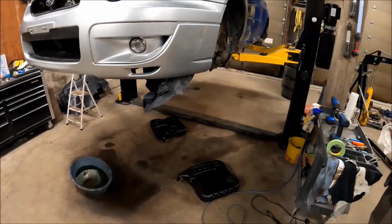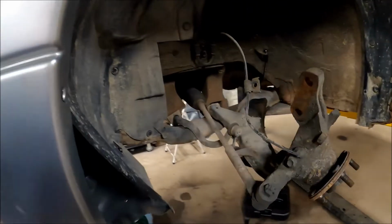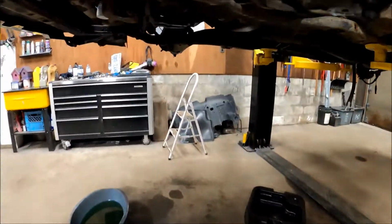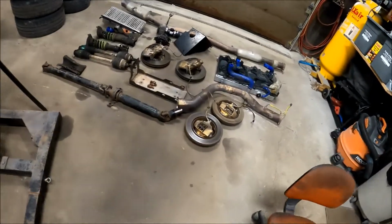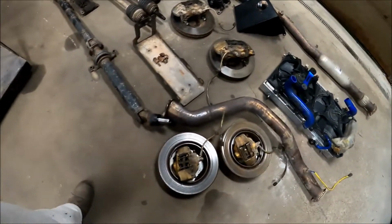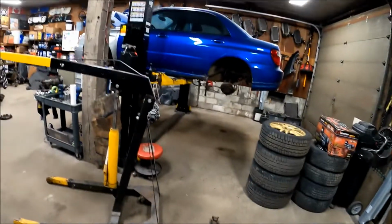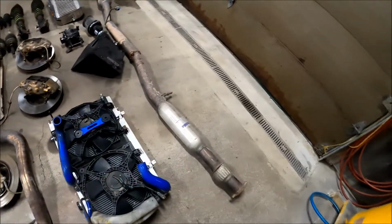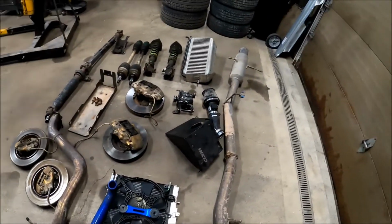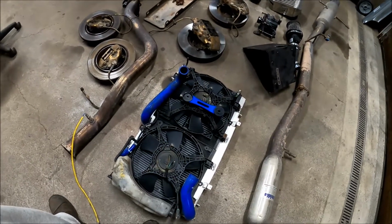And now we're on the parting out stage where I take everything I want. So I took the coilovers, I got the STI axle shafts out, I still got to get the 6-speed out. But yeah, got all the Brembos off. I'm going to be putting the NVIDIA downpipe back on it. The guy that's buying this car has a catback to put on it, and I'm going to be keeping the NVIDIA catback for mine. Keeping the Cobb cold air intake, Mishimoto rad,